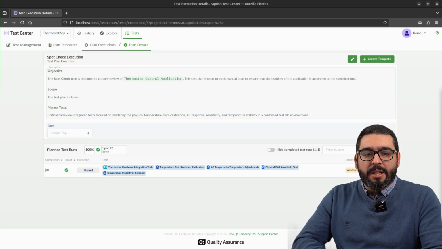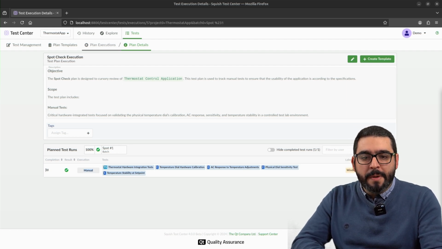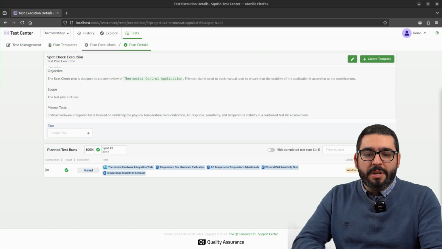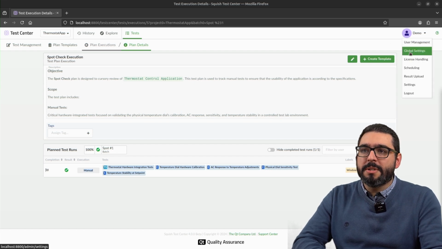We are going to take a look at a more complex test plan, this time including automated tests, executing these tests via Test Center and tracking the results. But first, we need to configure 2 things: the repository, which we already have configured, and the configuration of the Squish servers. So by going into the global settings,